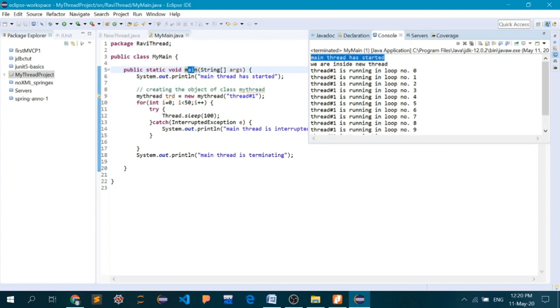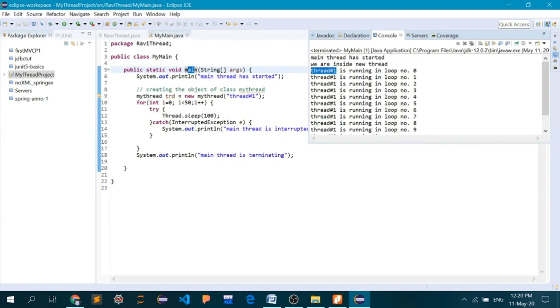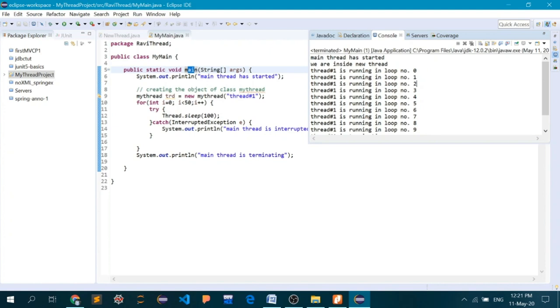So we began with the main thread, we ended with the main thread, but in the meantime the thread I have created and the main thread are executing simultaneously. So this is multitasking. You cannot see it here, but how you can see that both are multitasking is, you can put a System.out.println message inside this try block. So in between the messages of the new thread, you will get a message from the main thread also. So you can see that our own custom thread and the main thread are running simultaneously. This is your multitasking in action.